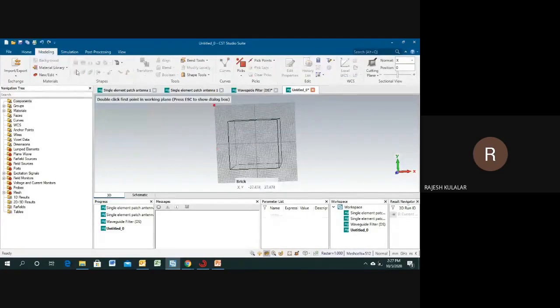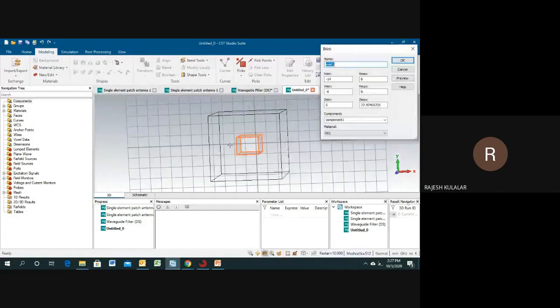Just select this bricks and click arbitrarily on the workspace, otherwise you can also press escape directly. So now you give the name ground. First of all I am designing a single element. The total length of the array is 90. So first I will design a single element.